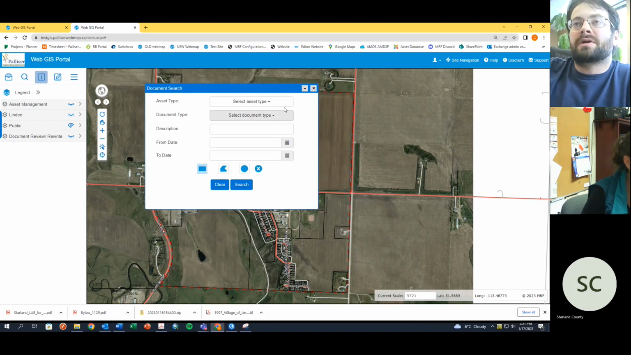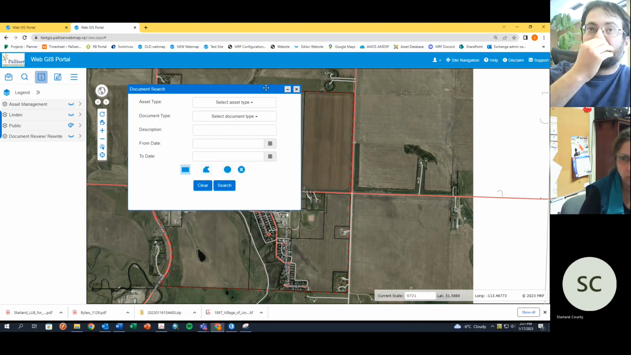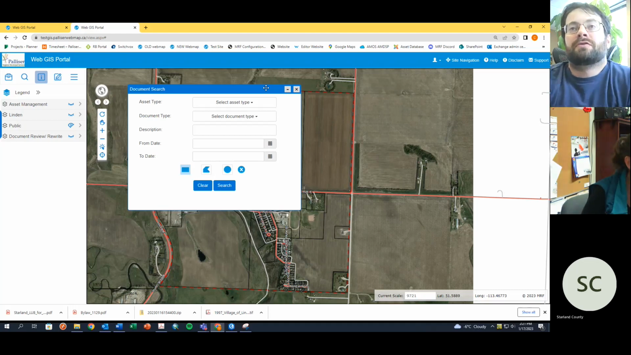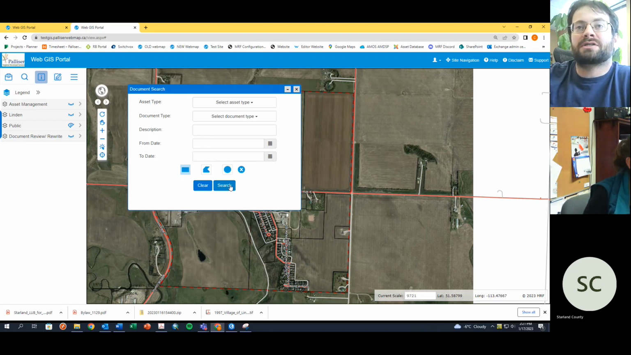All right, so we've got our document search window. And you can think of this the same way as Google search or any sort of search engine. You just have a lot of different options in order to narrow your search. So a good thing to do is to view the database that you're searching so you can understand how it works. So if we don't select any of these attributes for search and we just select the search button,